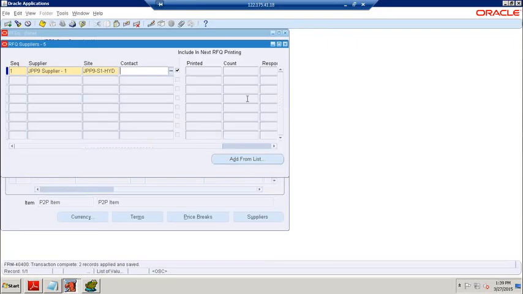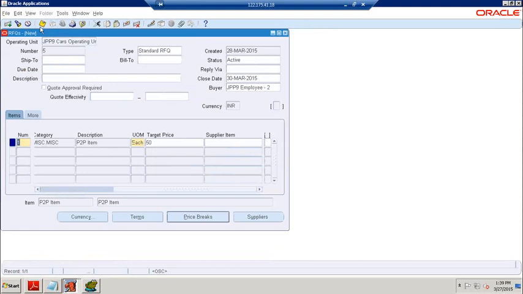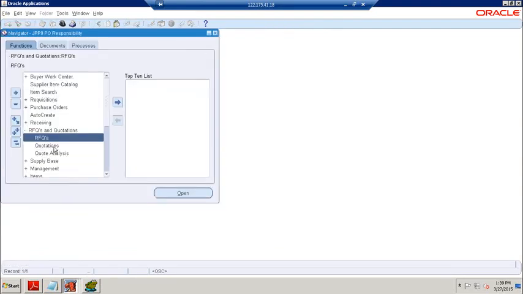Then let us, we completed this RFQ and close this one and prepare the quotation. Now the supplier responds to our RFQ and they are going to send it as a file. So here also we are going to run the printed RFQ report, that will be sent as a fax or mail to the supplier, right?